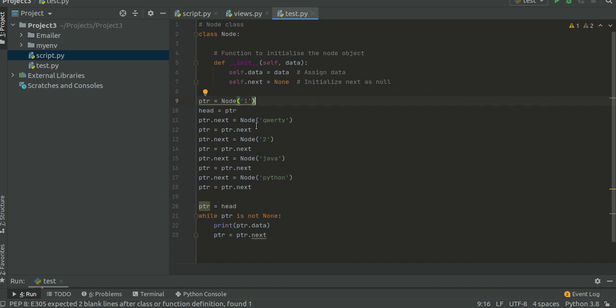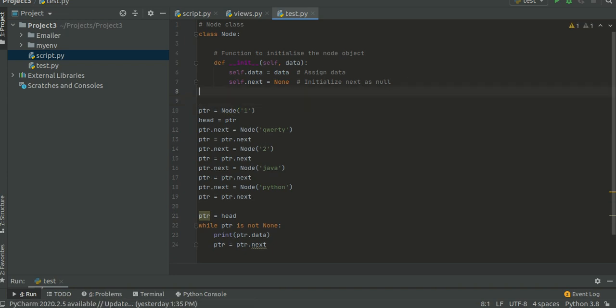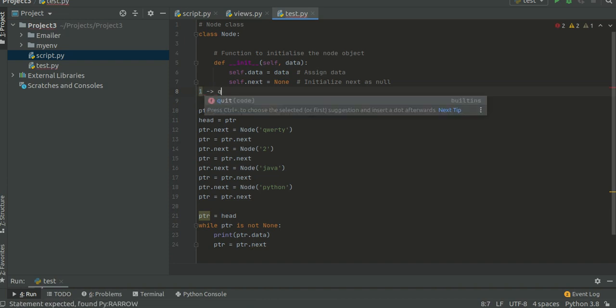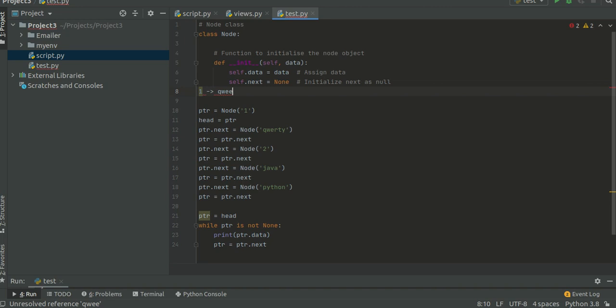So now the node looks like 1 in the first place, then it will point to QWERTY, and then None. Yeah, this is the current situation.